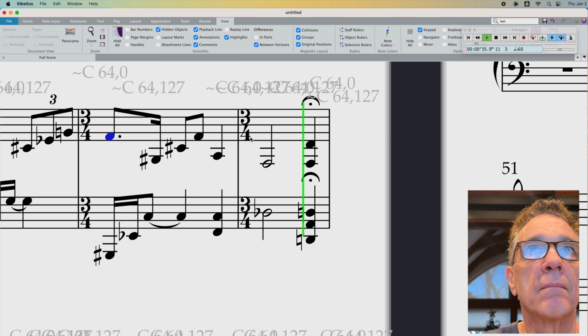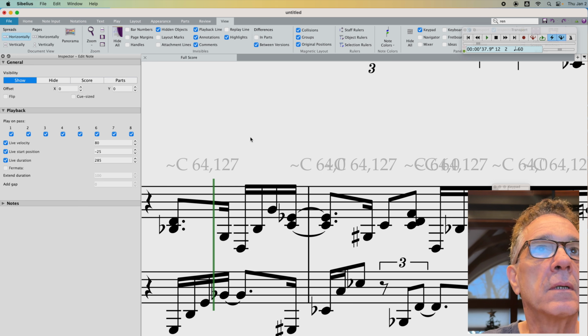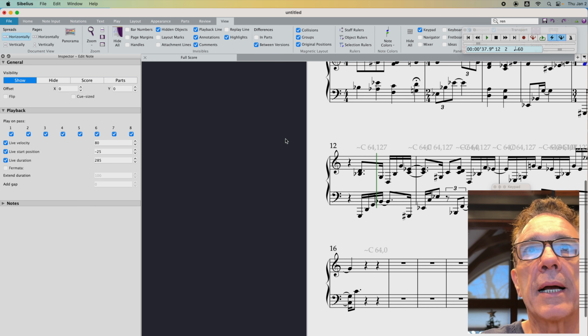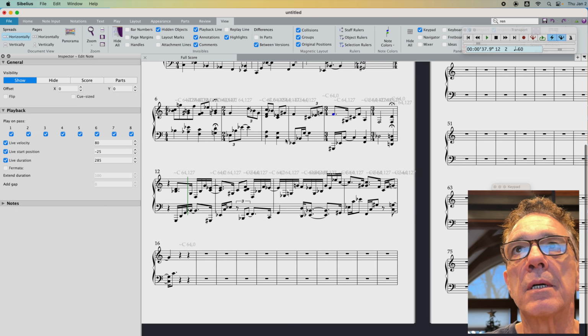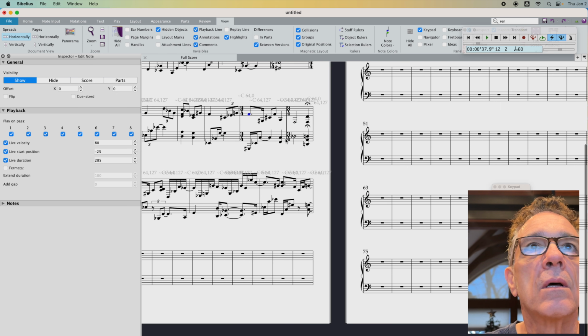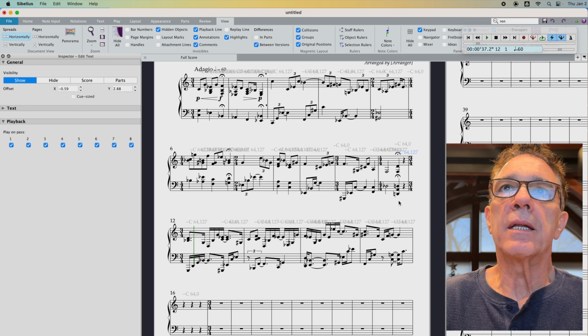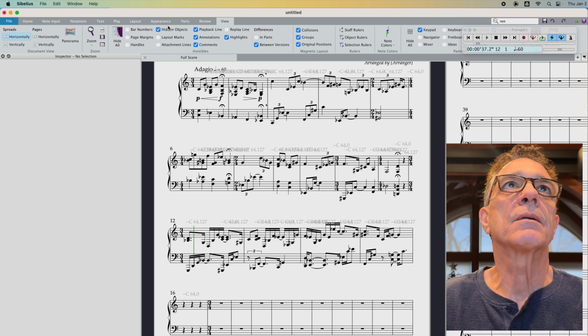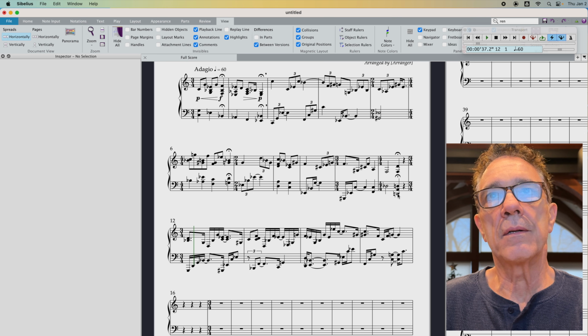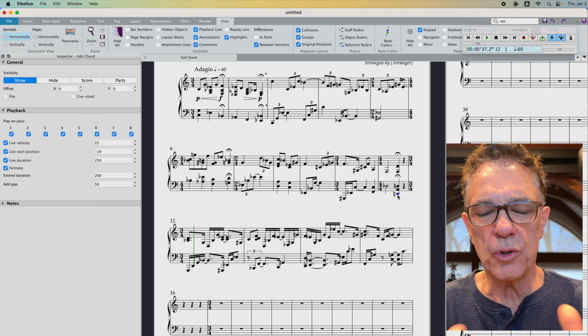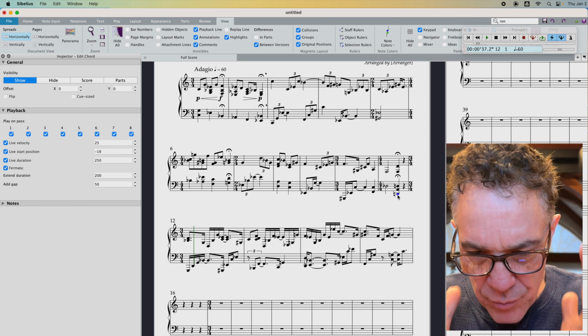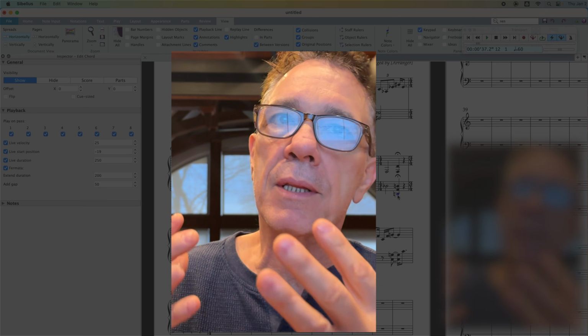Okay, now let me just zoom back out of this so we can see what it is that we're dealing with. I mean, here's another trick that I've done in the past. Here, we'll try this first. I know it's unorthodox, but sometimes you just want to get on with composing music